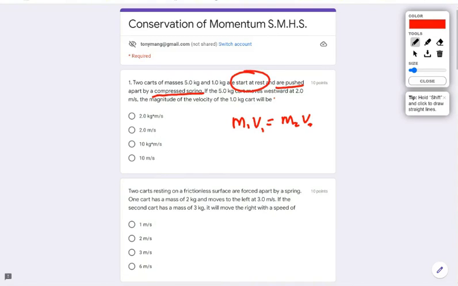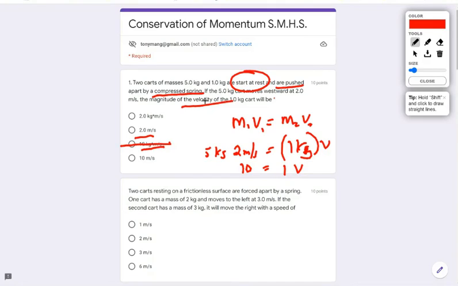Starts from rest. Watch how easy this is. You've got the 5 kilogram and it goes 2 meters per second. And you've got the 1 kilogram, and usually you don't know one of the four things. So 10 equals 1 times v. V is, oops, not 10 kilogram meters per second because we're looking for the velocity. So this can't be the velocity, nor can this because it's kilogram meters per second. It can only be this one or this one, but it is obviously this one. Okay? So starts from rest, something pushes them apart.